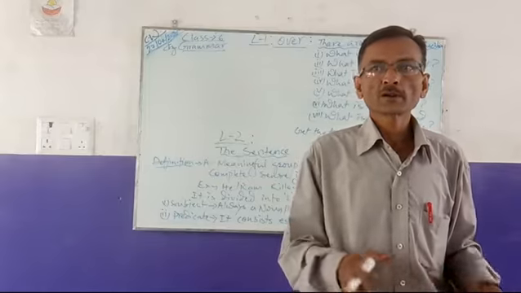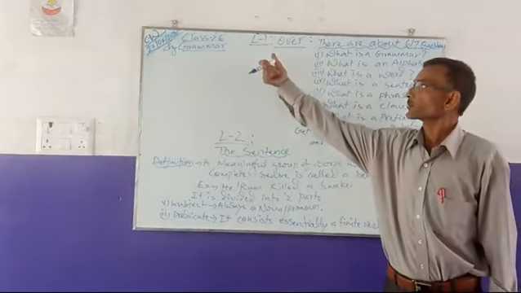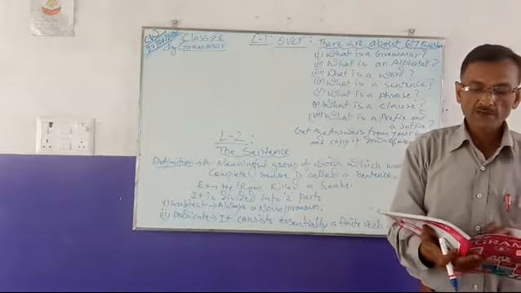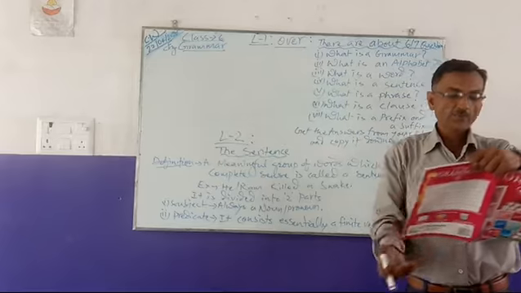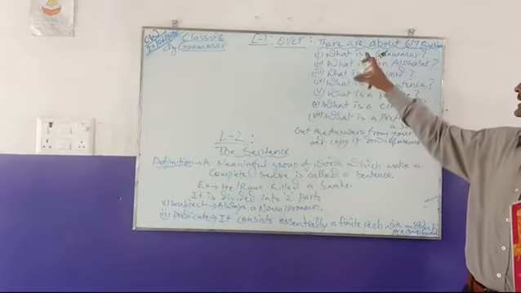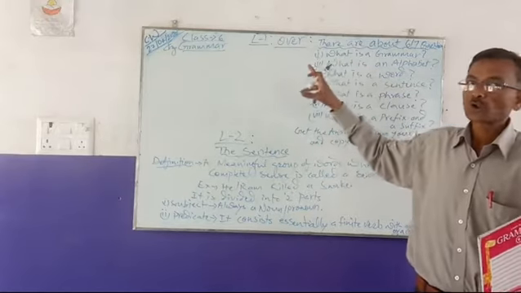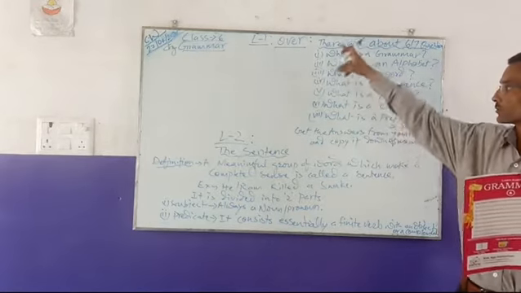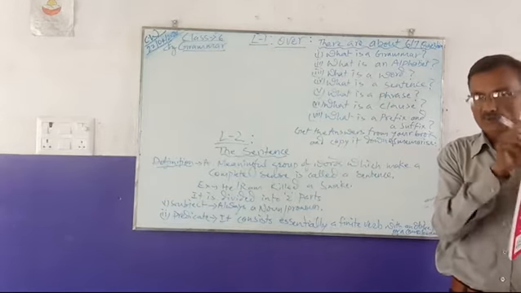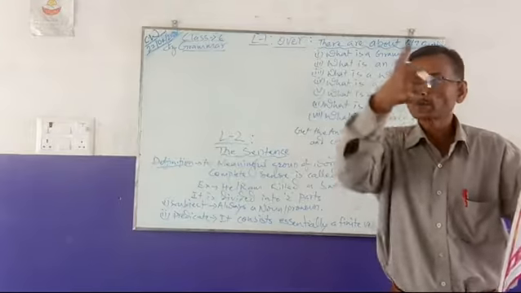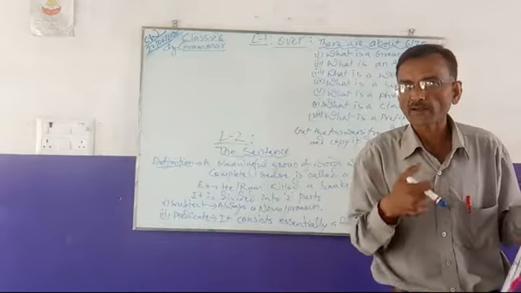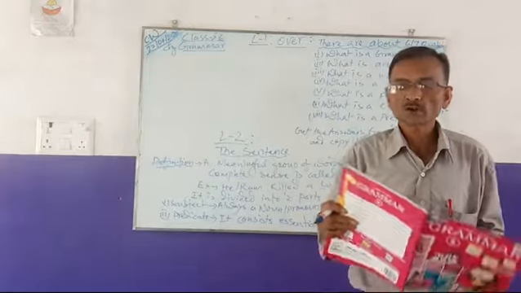We have learned earlier about lesson one, the components of language. We have learned what is language, what is grammar, what is alphabet. All these questions have been put up here, and what you are supposed to do is note down all the questions from this lesson one, and the answers are written in this book itself. From the book you will copy them down in your CW copies, and then you have to remember it well. Only then will you proceed towards lesson 2.